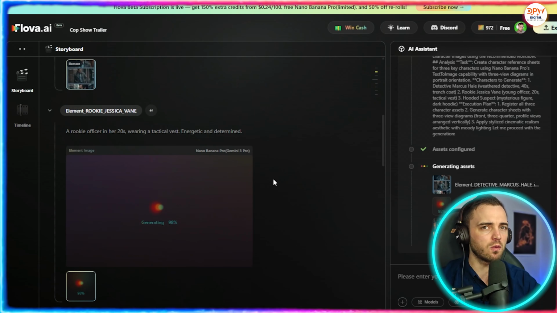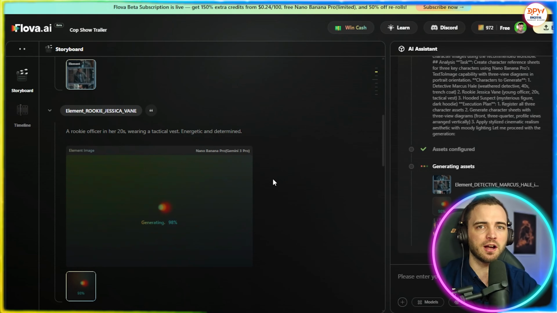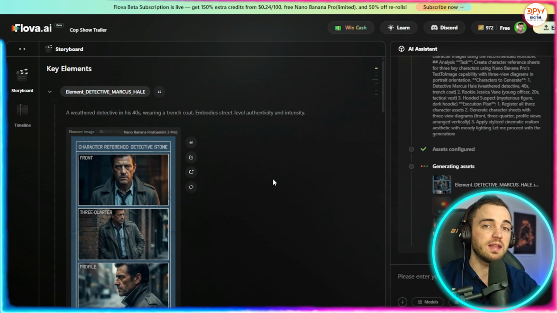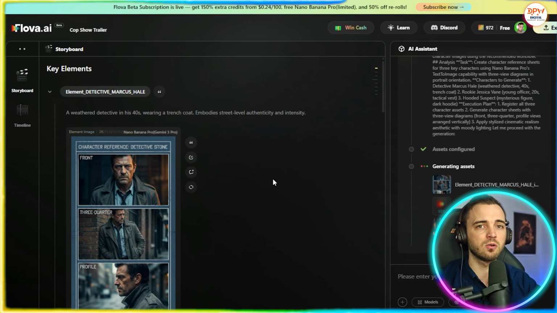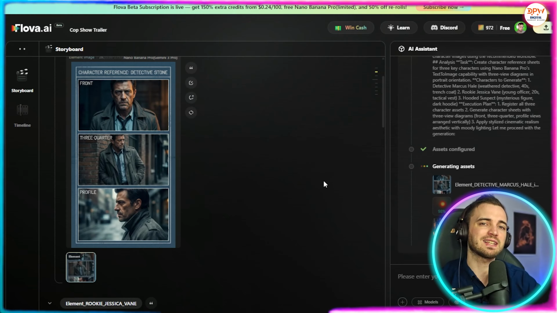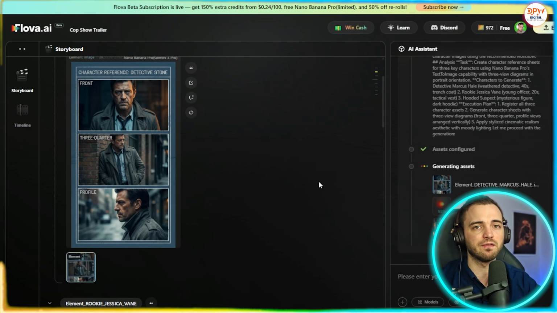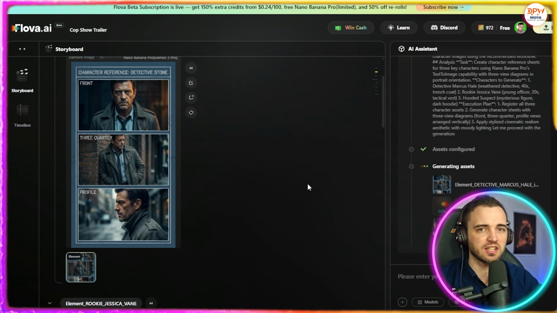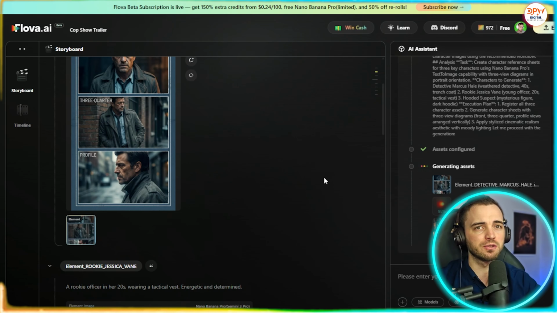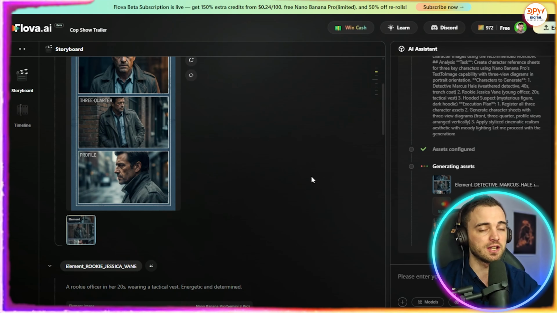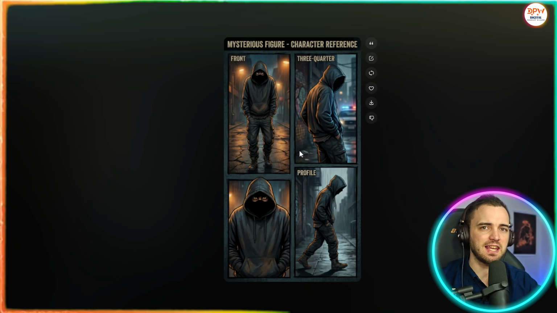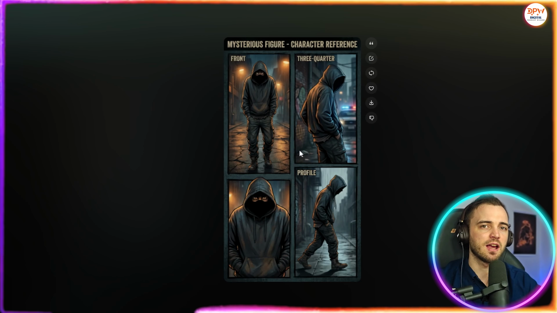Flover AI solves this by combining Nano Banana Pro with Sora 2 to lock critical visual elements. This includes a stable start frame, locked key elements like characters and environments, and by anchoring the generation to a consistent visual foundation, every shot builds on the last instead of diverging from it. The result is continuity, the same character, the same scene, the same visual identity across the